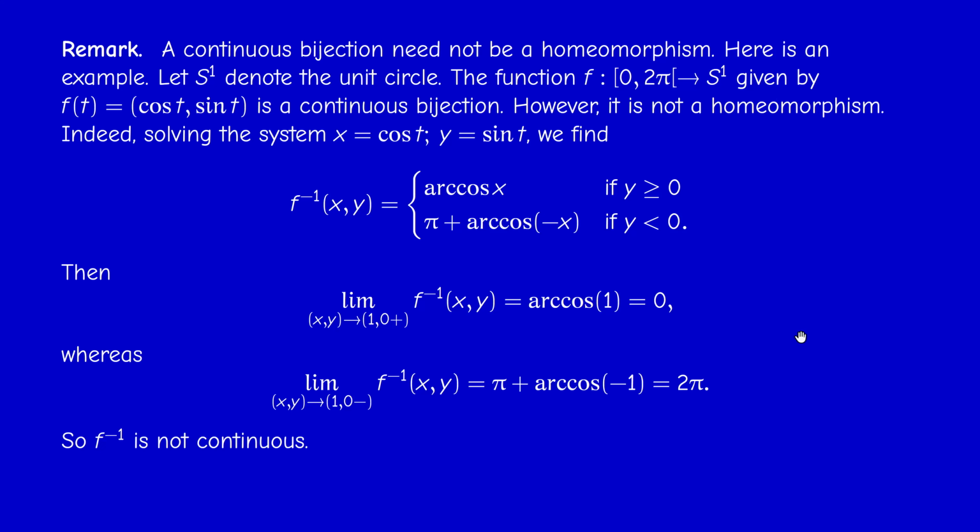So this is an example of a continuous bijection which is not a homeomorphism. This is a natural example. And of course, we can invent many others. But this is a fundamental example. However, there is a very important thing. If we restrict f to the open interval 0 to pi, then we will get a homeomorphism. So it's very important, actually,